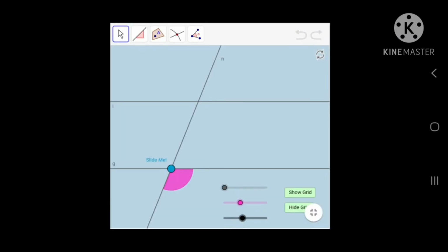Now let's take a quick investigation for alternate exterior angles. So this is the corresponding, as you can see, this is the corresponding angle and its vertically opposite angle. So you can see here these two are alternate exterior angles and we can see these two are equal. So vertically opposite, corresponding, or corresponding and vertically opposite. So we can say here alternate exterior angles are always equal whenever a transversal intersects two parallel lines.